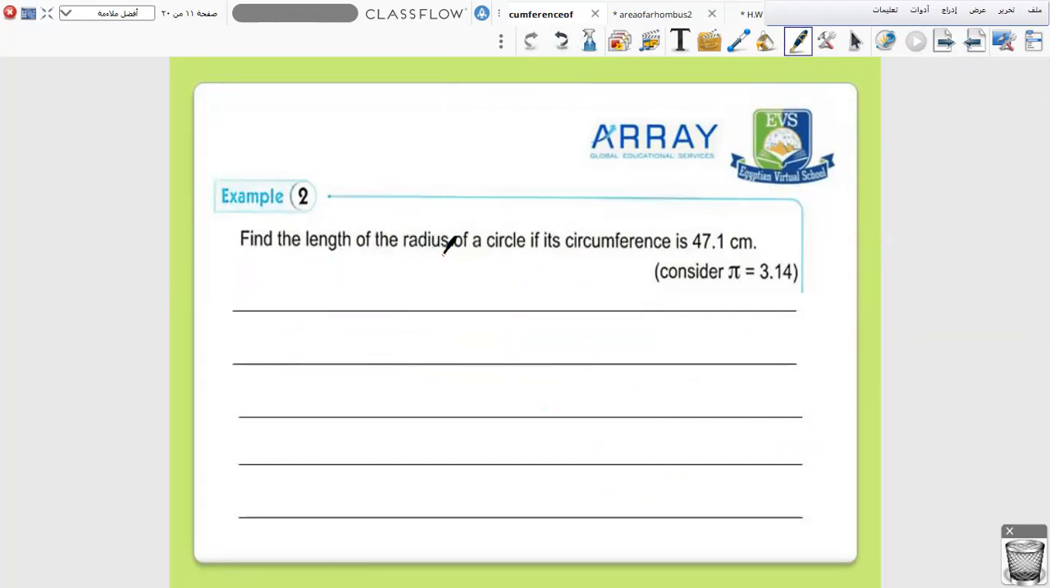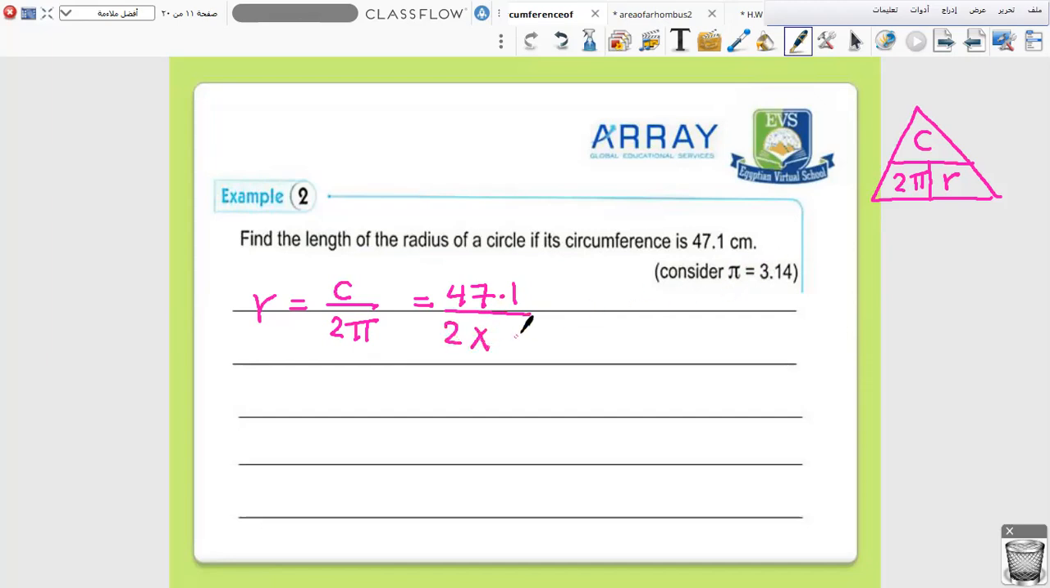Find the length of the radius of a circle if its circumference is 47.1. I will draw the triangle of circumference with radius. There is a relation between circumference and radius. If I want to get the radius, it's circumference over 2 pi. So r equals circumference over 2 pi equals, circumference is 47.1 over 2 times pi, here is 3.14,